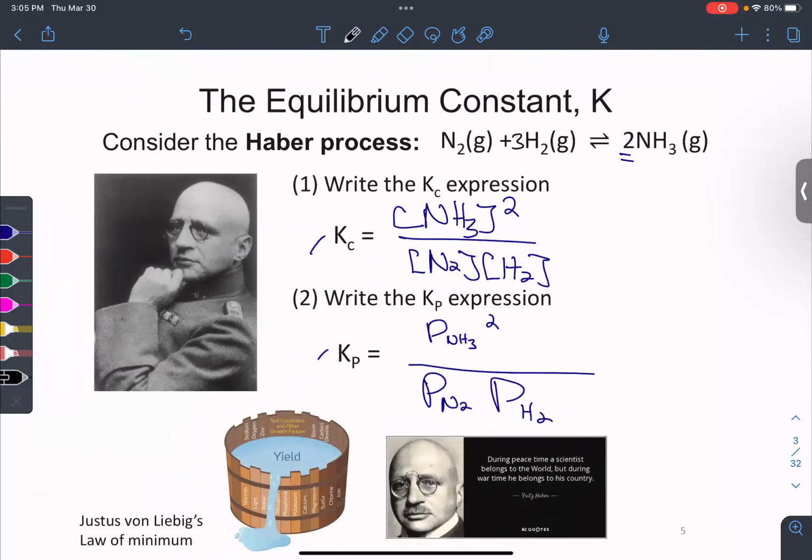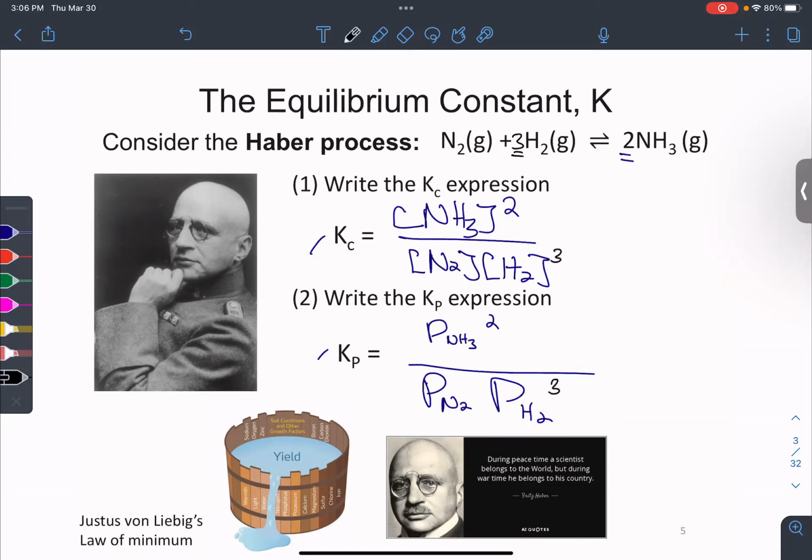Did anyone think in your head that this reaction wasn't balanced? No? All right, I forgot the 3 there in front of H2. I'm so sorry, but it's no matter. That's probably why no one calculated it. I didn't see any calculators come out. I forgot that 3 in the balanced chemical equation. So sorry about that. Again, coefficients do become superscripts here. Whew, glad I caught that.